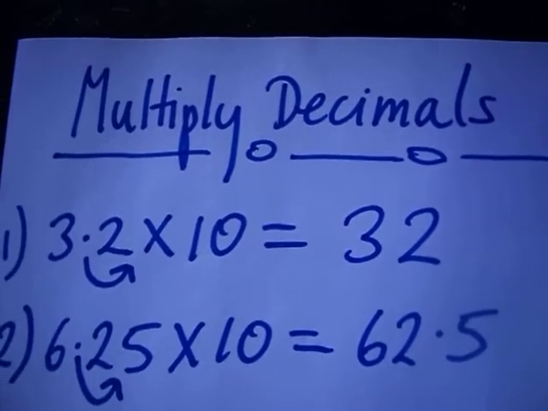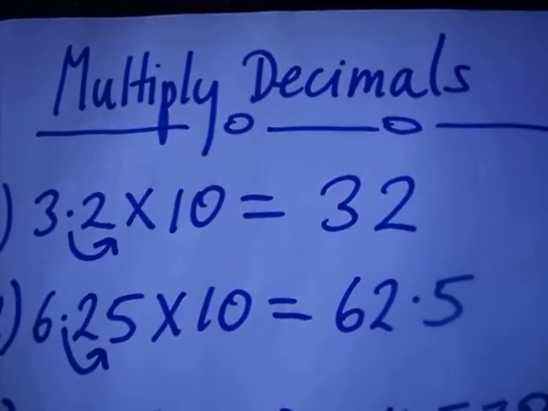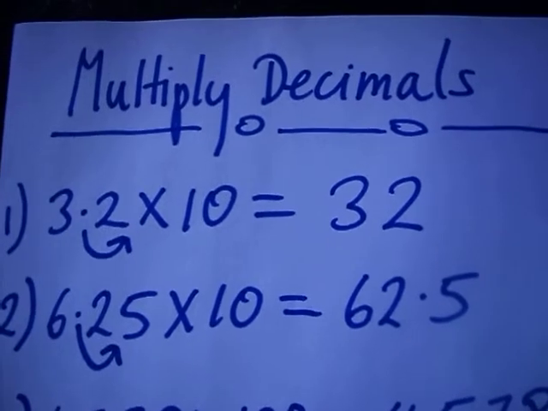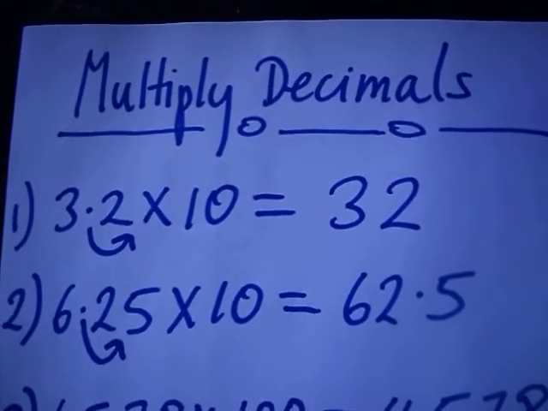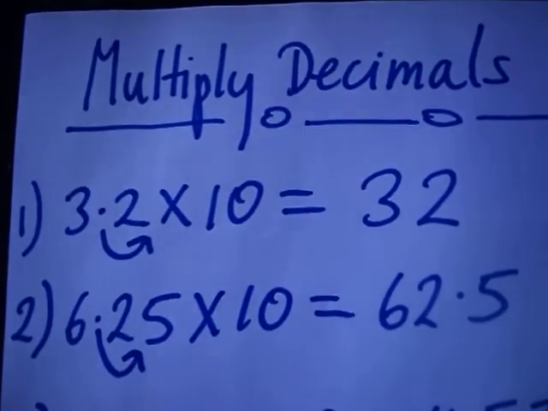Let us now multiply decimals. In multiplying decimals by multiples of 10, that's what we are going to do. Okay? So by 10, 100, and 1000. In looking at the first one, you have a